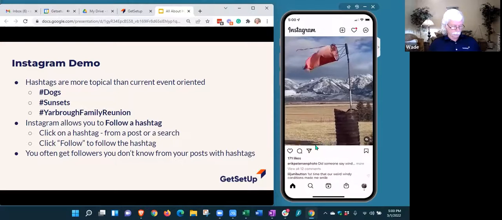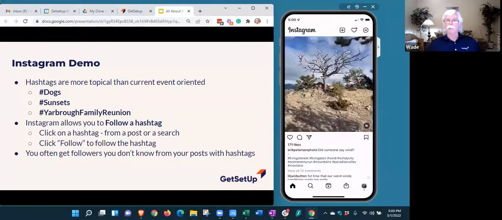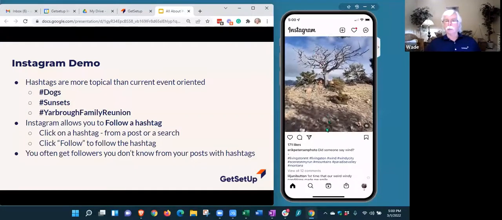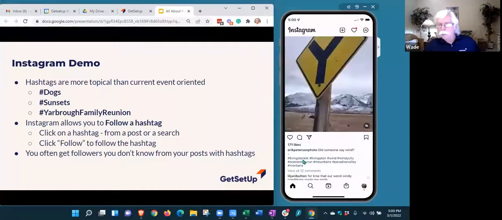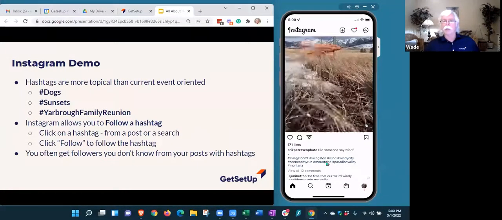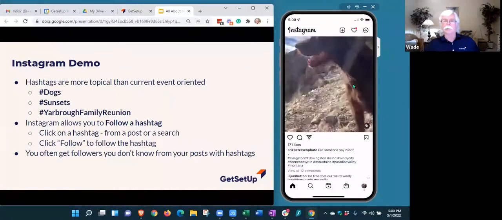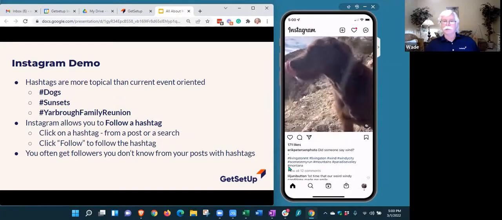Oh, Eric Peterson is a photographer. I follow him, so that's why I got this. But here are the hashtags he uses. Livingston Mountain, that's where he took the picture. Hashtag Livingston again. Hashtag wind, because it's showing wind. Hashtag Windy City. Hashtag Montana.